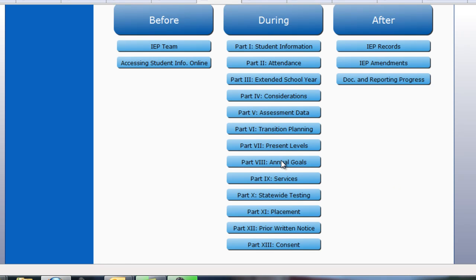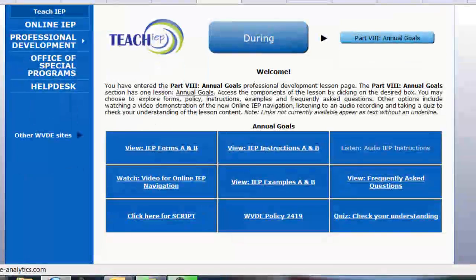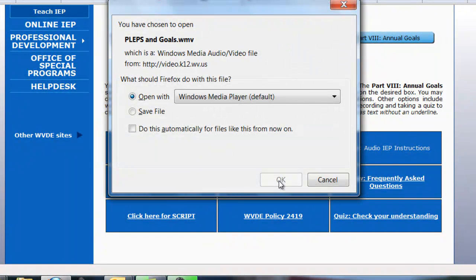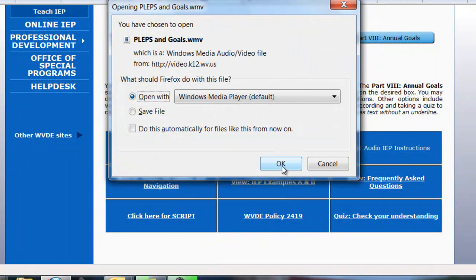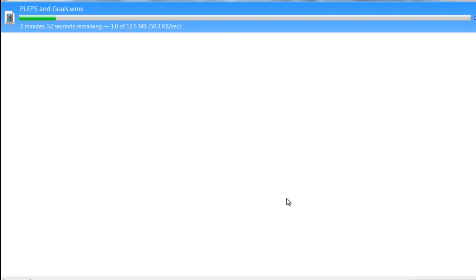Okay. Let me go to one that I like, the annual goals. Now when you click on annual goals, it gives you a lot of choices here. And one of the choices, you want to see this electronically, you can get the instructions, the forms, script, those things, but right here is the navigation of the goal. All right. And you Mac users are going to love this, that it's Windows Media stuff, but you could download it as something else. But I just want to give you a quick peek of how well this is done and explaining the online version. If you go through these steps, you'll have